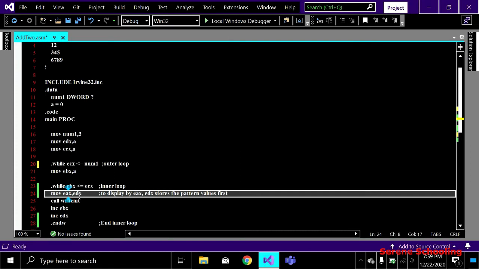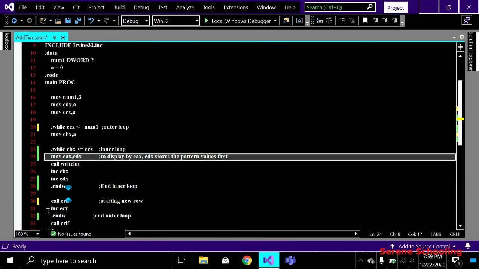In the next attempt, when we are going to display 1, EDX will be holding 1. So remember that we are printing this through EDX. So we have incremented EBX and EDX. Now they both have become 1, right? So is 1 less than equals to 0? No, it means this condition is false. We have to come out of this loop, right? And after coming out of this loop, we have to go to the next line. Of course, we have printed one row.